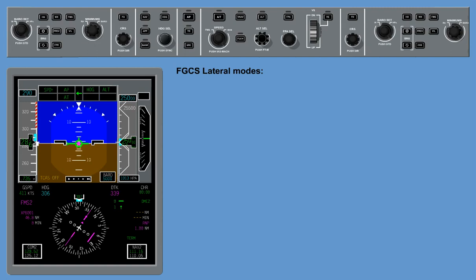Flight Guidance Control System lateral modes. Only one lateral mode can be activated, and only one mode can be armed at a time. The Flight Guidance Control System provides the following pilot-selectable lateral modes: